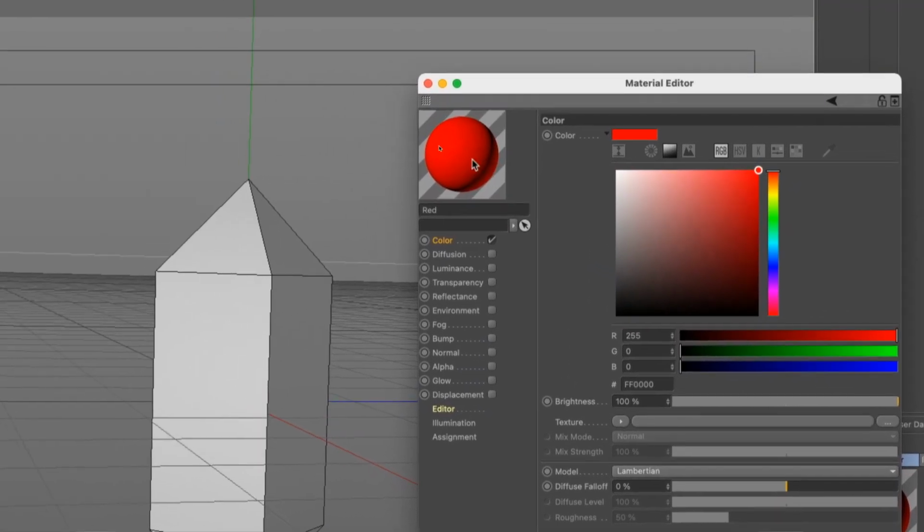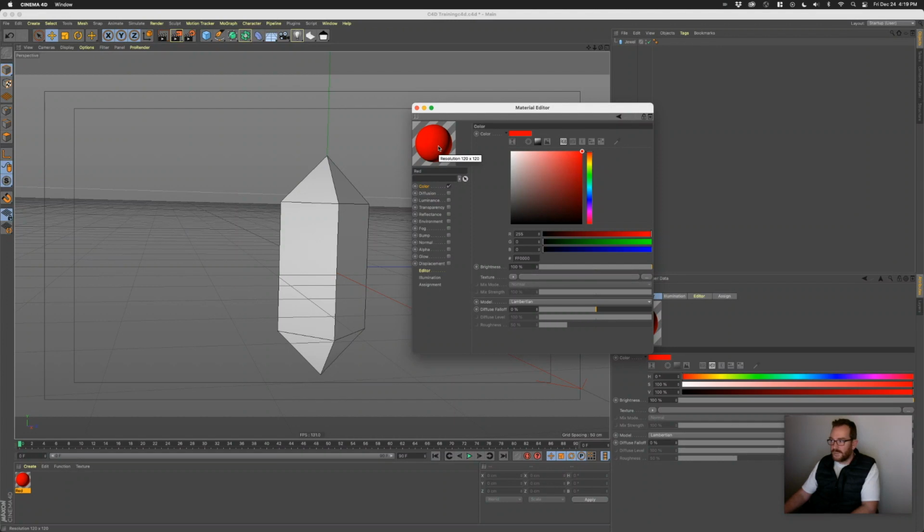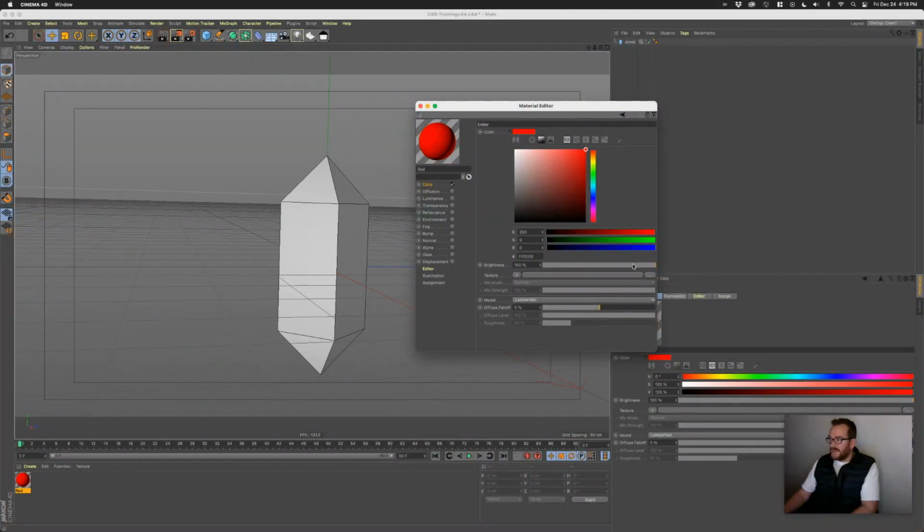All right. And then you can see that your little circle is reflecting what's going on there. There are other things like brightness. If you wanted to reduce the amount of light that is hitting your object, it's not reducing the color itself. It's still the same color, but the amount of light that would be absorbed in that object. Remember, we're emulating real 3D space here, so that's why a lot of these things don't really follow what we think they should. They are supposed to be emulating reality. There's other things you can play around with. You can add images and types of fall-offs and modes and stuff like that, but this is the basics,